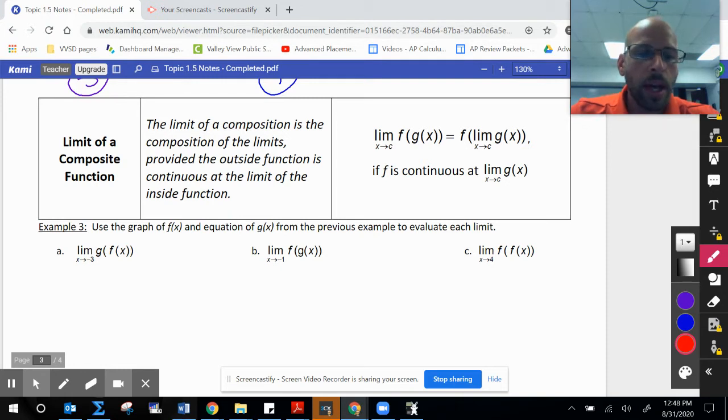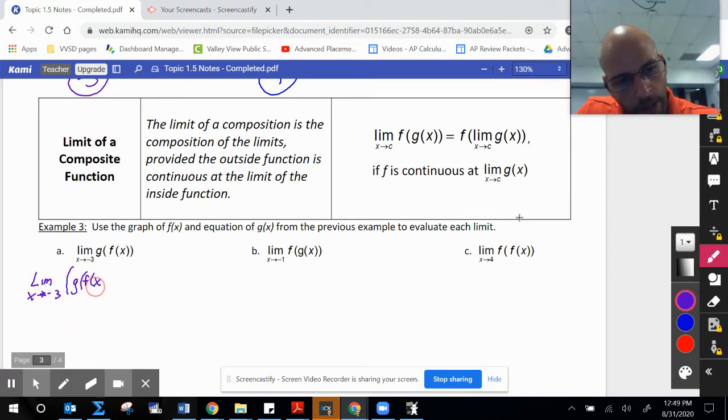You're going to see the way I approach these three is slightly different than the way I approach the next three. So when I do this, I'm going to show you my thought process here. I want you to follow this pattern. The limit as x approaches -3 of g of f of x, that's going to be the same thing as saying the limit as x approaches